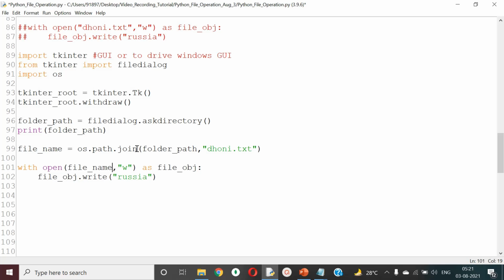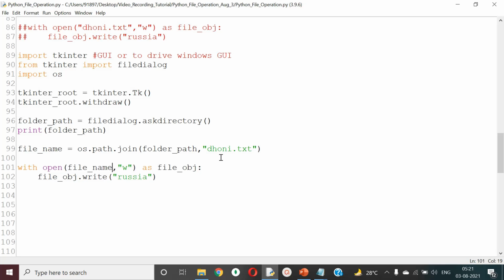You might argue with me, sir, why am I taking this longer route just to add a folder to my file? I could have easily put a single line and used that. Of course you can, but it will differ. On certain servers, the folders are specified with double slashes, not a single slash. So there is a case where you would have to keep making changes to the file. But to keep the code very generic, so it works in any environment, this is what we are supposed to do: os.path.join. That means you keep this specific structure to concatenate the folder with the file you want to use.